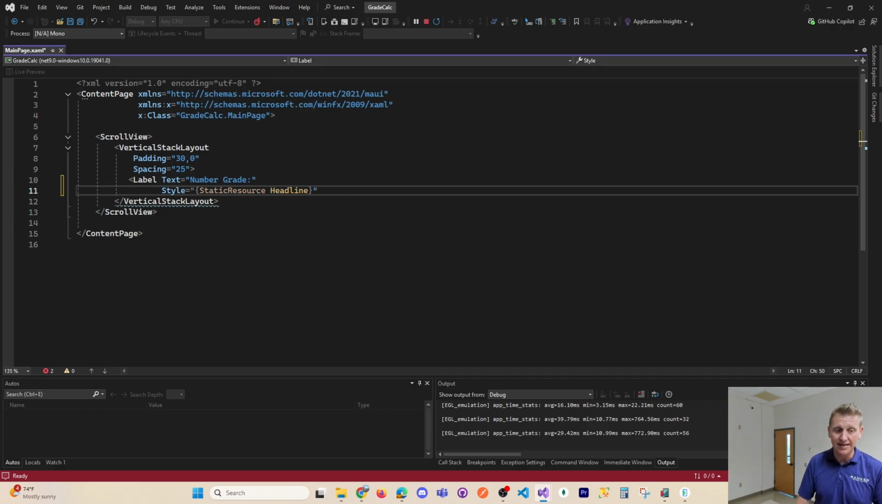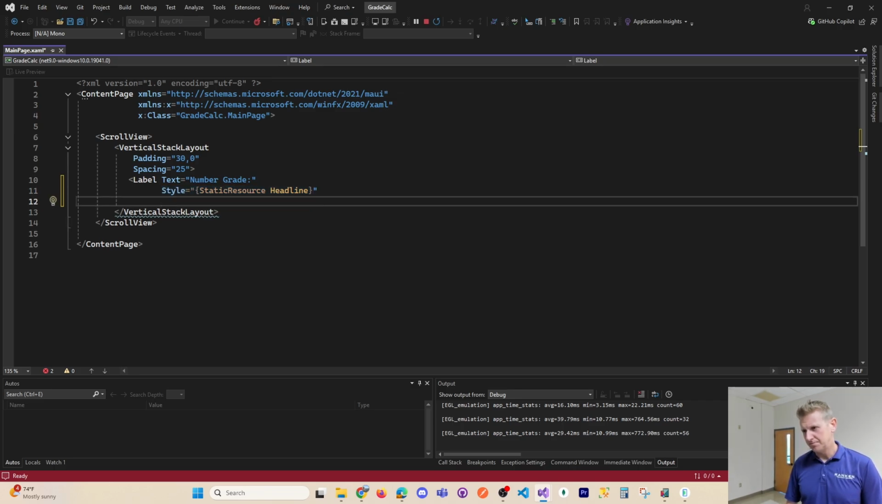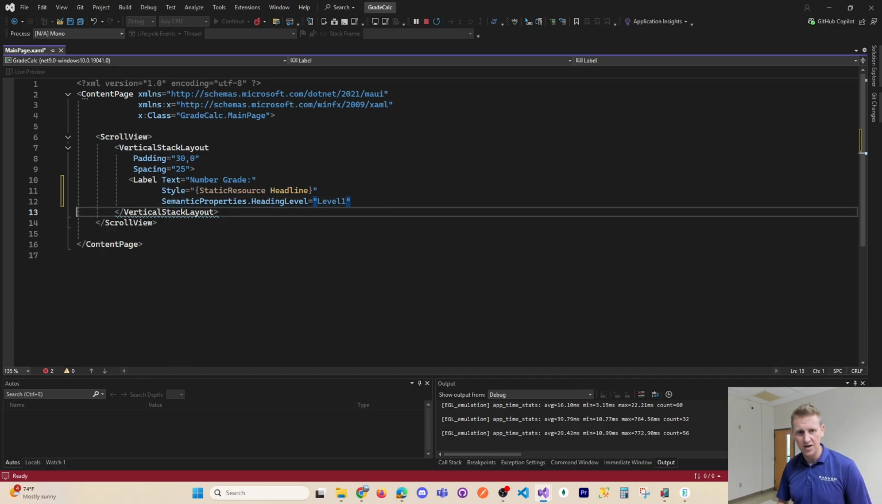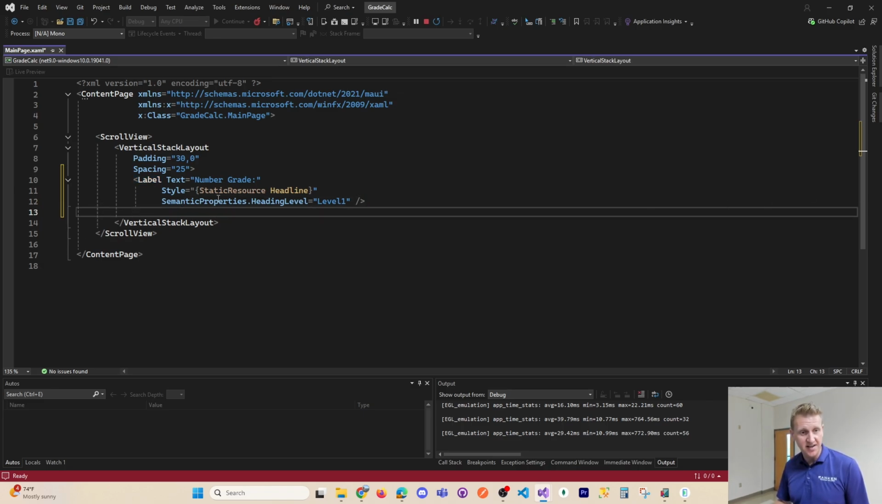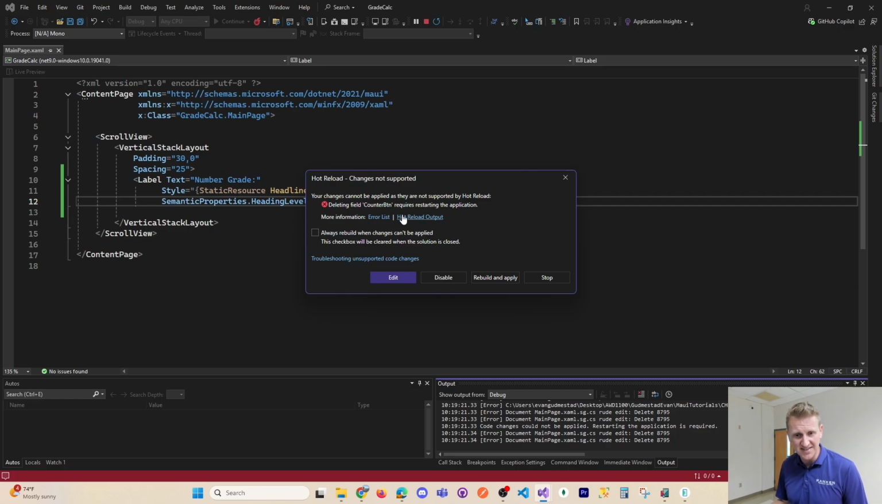So the label itself, of course, is a control. The style says, hey, this is a big label. This is a headline label. And this is similar to a level 1 heading. So if you're familiar with H1s in HTML. And so the text that we'll see is basically the word number grade, and this is a heading similar to a newspaper heading. So if I save this,